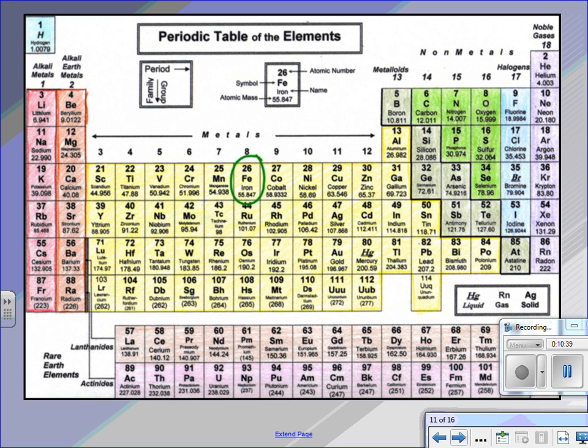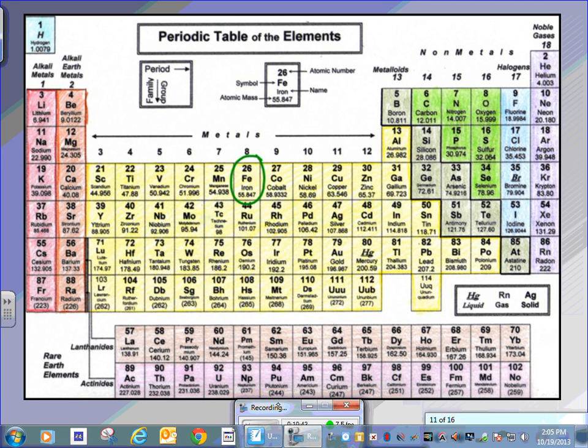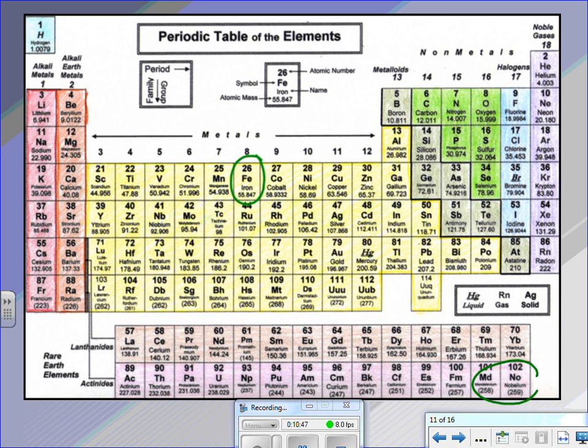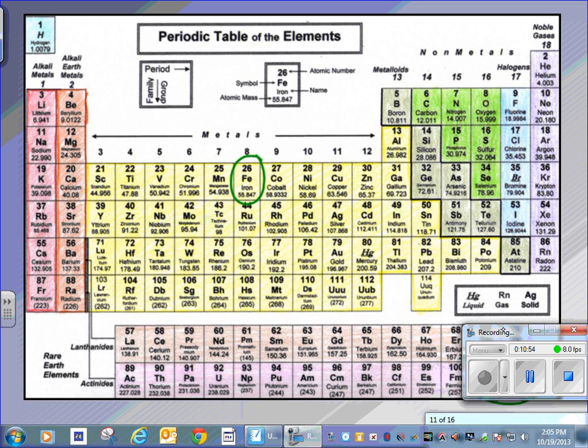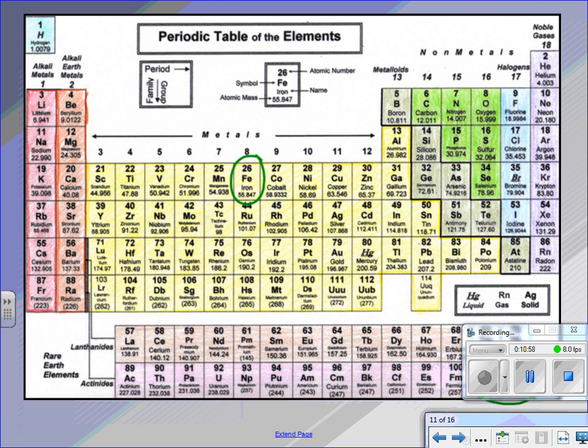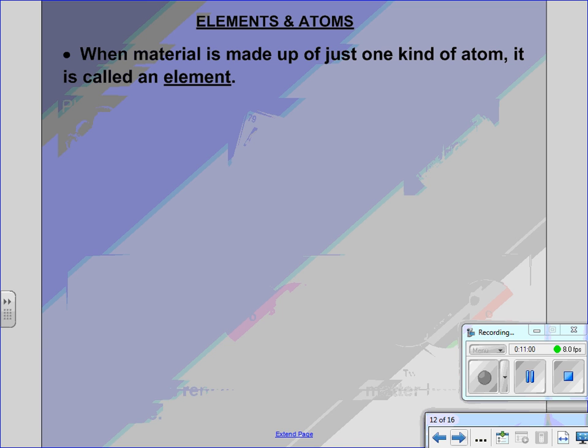This was our periodic table of elements. And remember, we talked about the fact that there are approximately 100, now exactly 102 elements, but approximately 100 is what I was asking you to remember. What I showed you on this page,